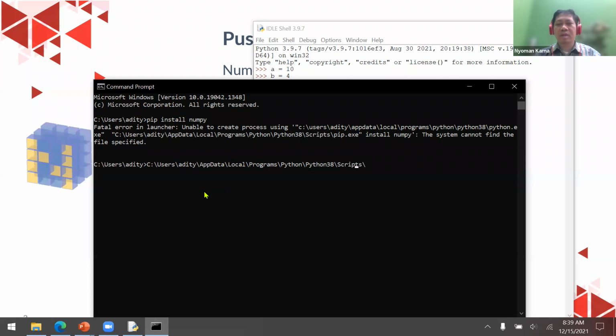Now I'm not using Python 3.8, but I'm using 3.9, because as we can see in here, IDLE shell 3.9.7.